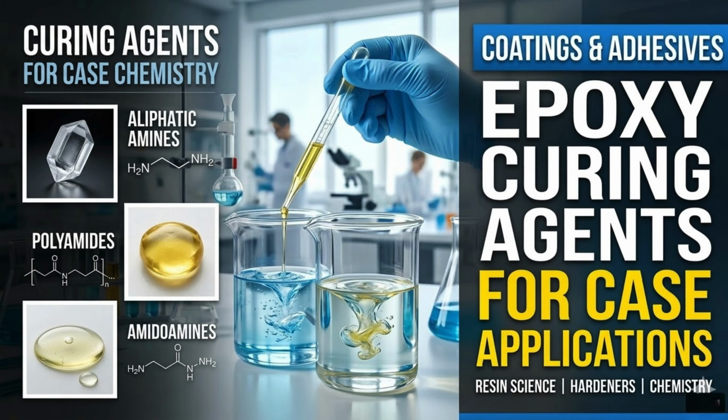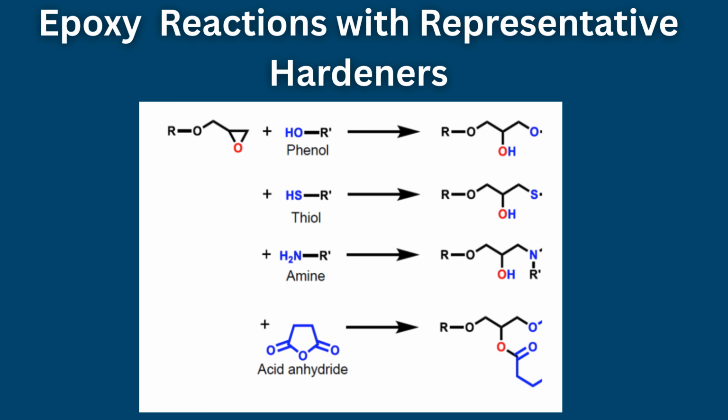The curing process involves chemical reactions between the epoxy groups of the resin and reactive species present in the hardener or catalyst. These reactions generate a three-dimensional polymer network that ultimately determines the mechanical, thermal, and chemical performance of the final adhesive. In epoxy adhesive formulations, curing agents typically react with the epoxy functional group or with hydroxyl groups generated